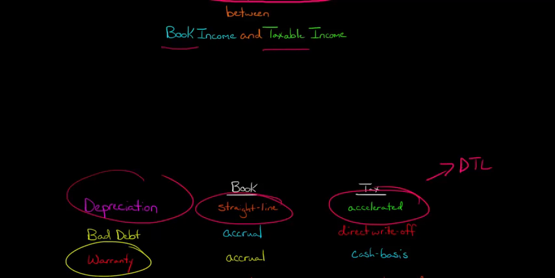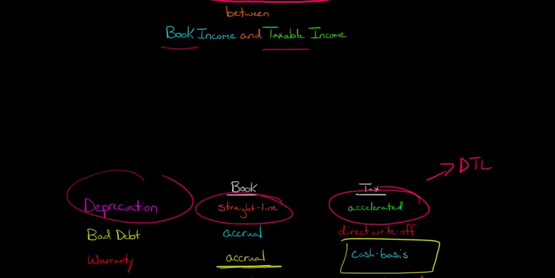Warranty expenses also, the idea is that for book purposes, you're using accrual accounting. You're saying, hey, we made some sales and we think that there's going to be some warranty expenditures down the road because of these sales. So you accrue a warranty expense, even though for cash purposes, you haven't actually made any warranty expenditures. Now, for tax purposes, it's basically similar to bad debt, where you wait until cash actually